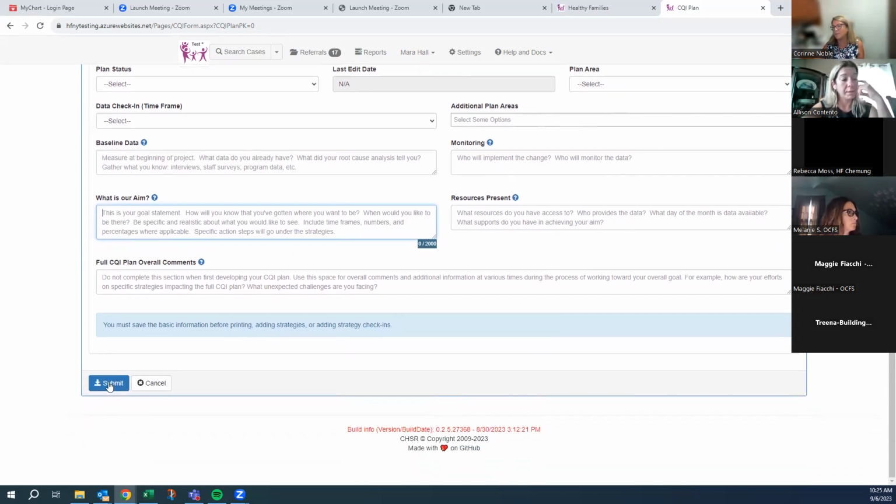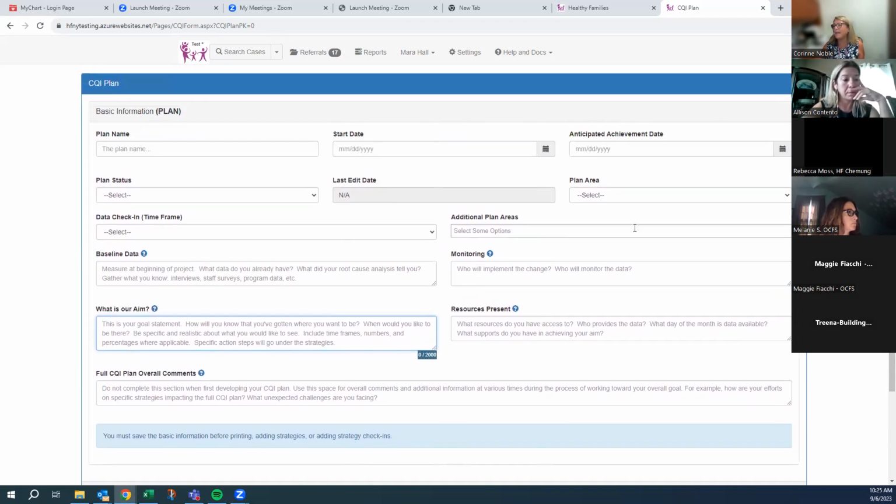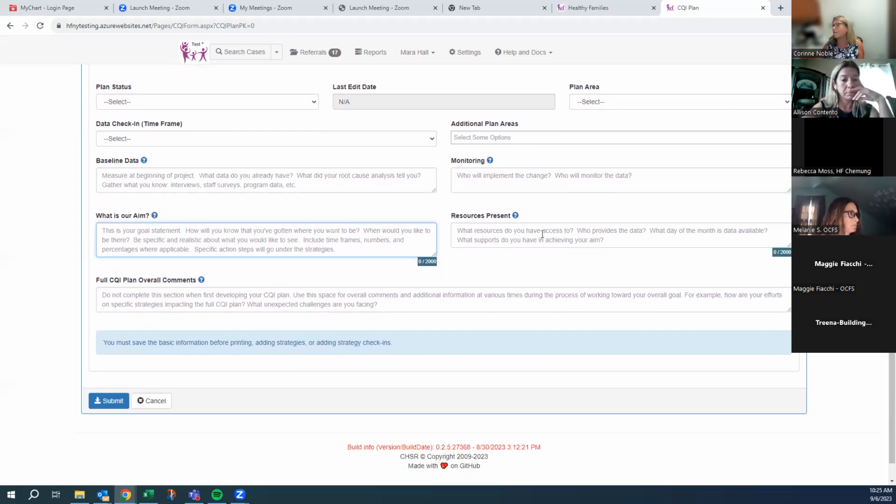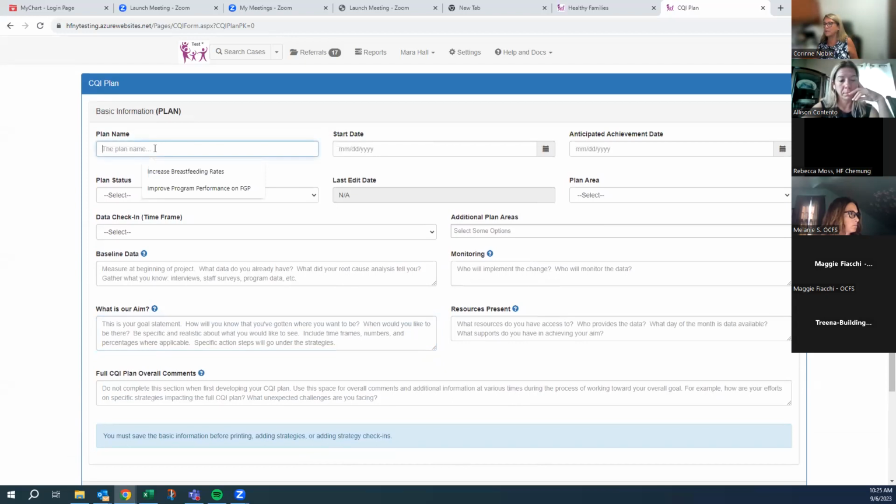So once you submit your plan, then you would get the chance of adding your strategies. And for that, we just put something